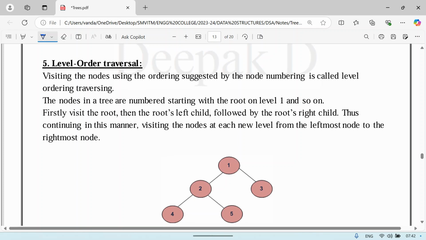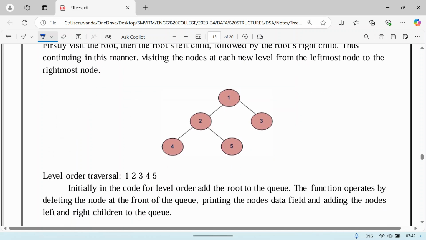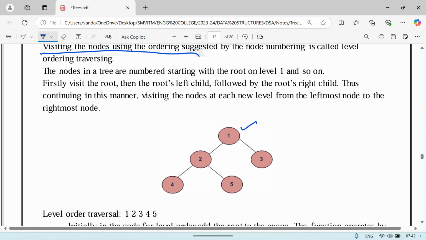Likewise, level order traversal. In level order traversal you are following the ordering, right? Based on that, you will be visiting the nodes. Let me show you: first, this level will be visited, then all the elements in the next level will be accessed. If you remember, first one will be placed, then 2 and 3, right? So what data structure can be used? The first element that was inserted is checked first. First in, first out, so a queue can be used. So I'm using a queue for the